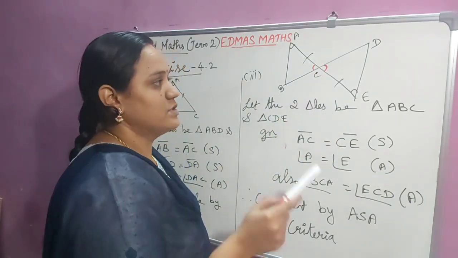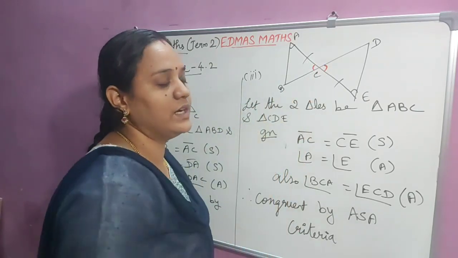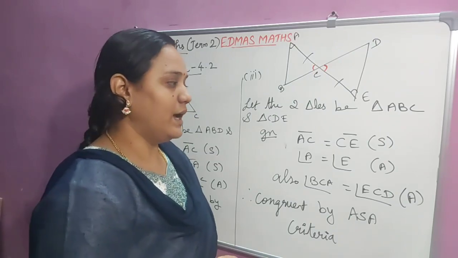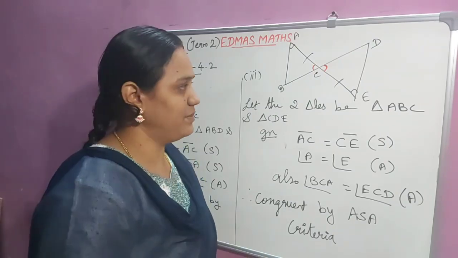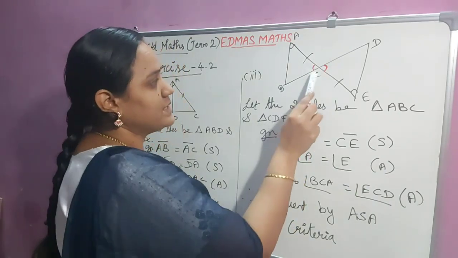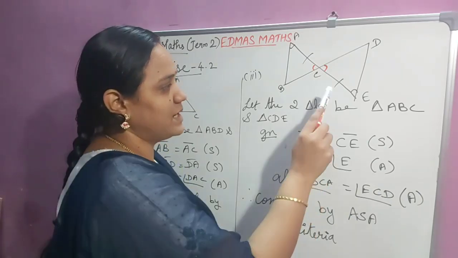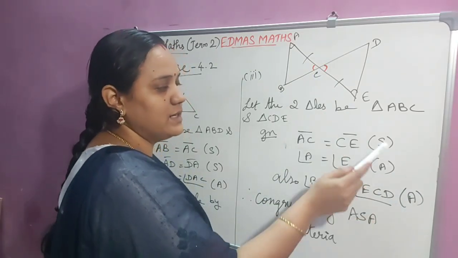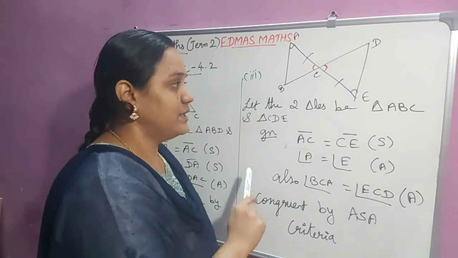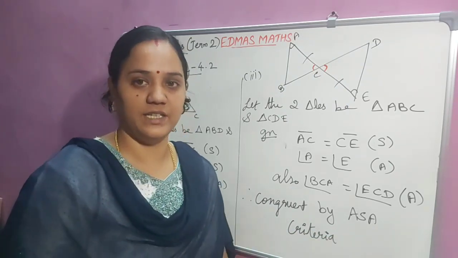They have given. So next, after seeing this picture itself, we can say that these two angles are vertically opposite angles. Okay, so vertically opposite angles are equal. Already we learned this in our first term itself. So now we can say that these two angles are equal. So BCA and DCE are equal. So this represents angle. So two angles and one side. So we can say the answer as these two triangles are congruent by ASA criteria.